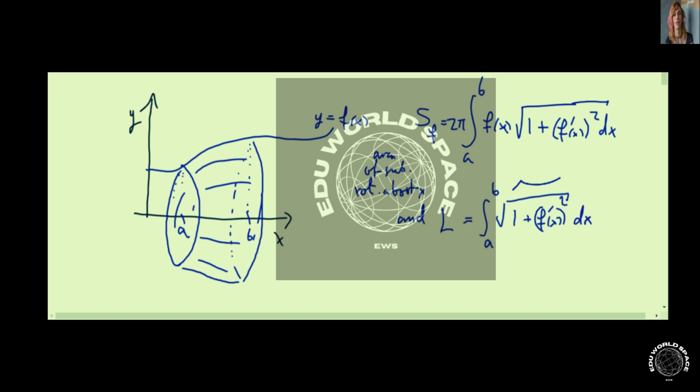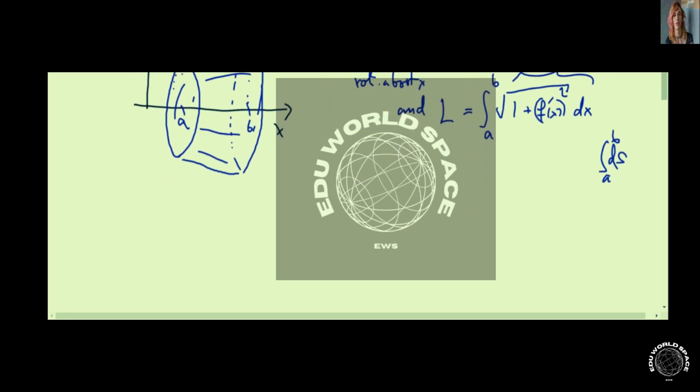This is the ds. So the length of this curve would be just the integral from a up to b of ds, the differential of length of the curve, that is ds. So now in this situation, what if we have